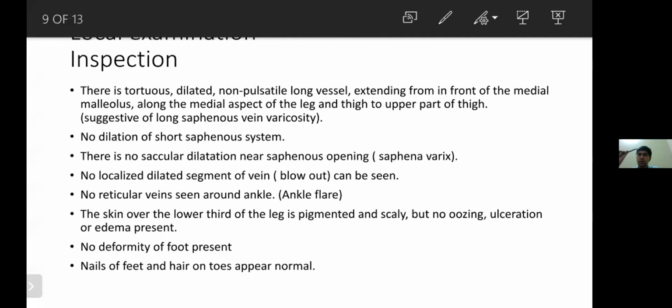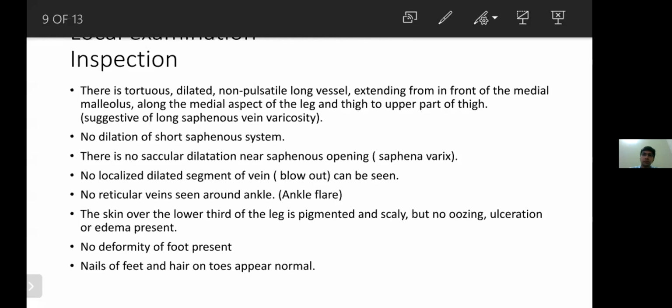Okay. So telangiectasia is less than how much? 1 mm. Varicose veins is less than or more than? 3 millimeter. Reticular is between 1 to 3 millimeter, and telangiectasia is less than 1 millimeter. Yeah. Okay. So, the importance of each of these. Why do you want to differentiate these?